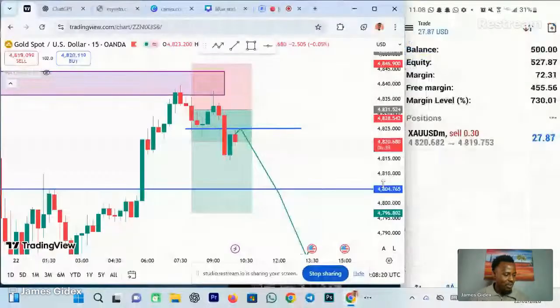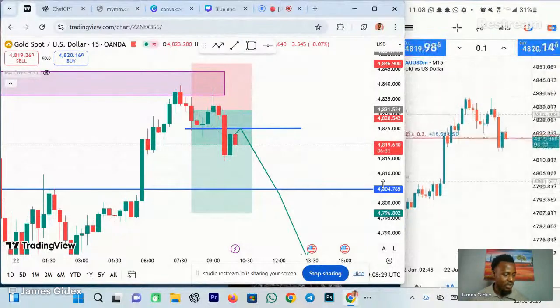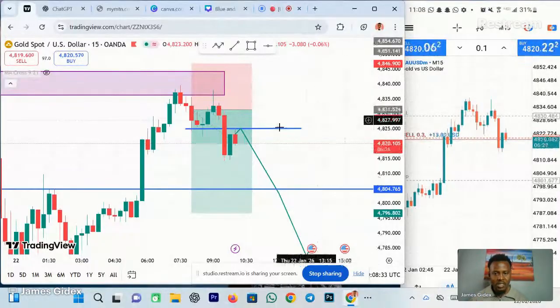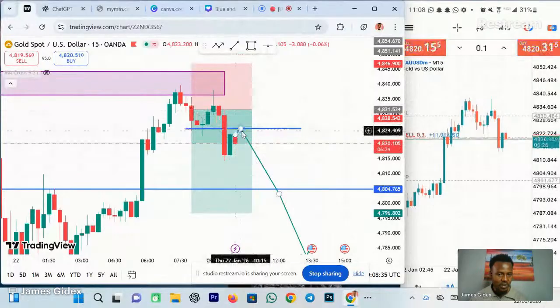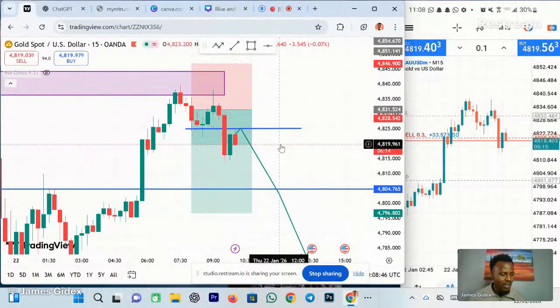So basically, we should be in profit already. We are in profit of $29, and it will get to a level where I will add more position, but not now. I told you guys it will get here to retest this zone, and that's exactly what happened, and we got into the market around that zone. If we want to add more position, we need to wait.